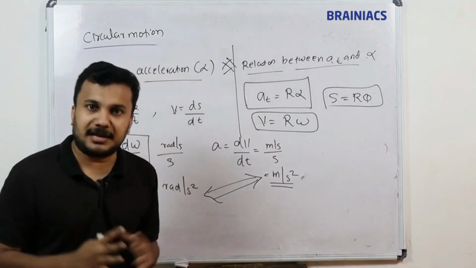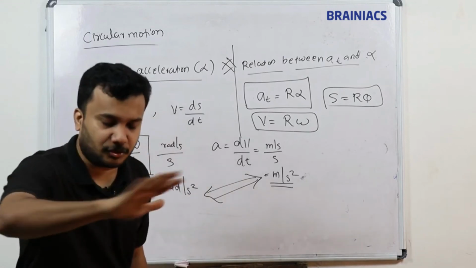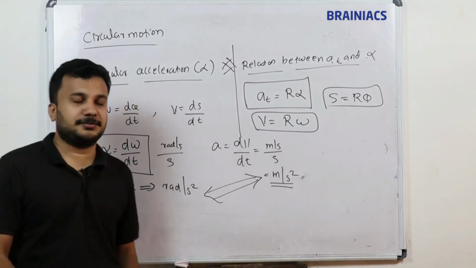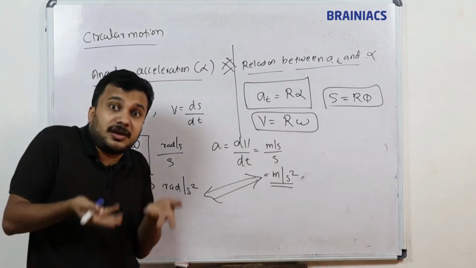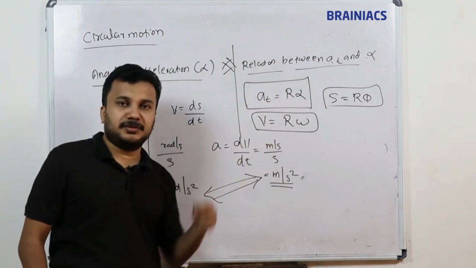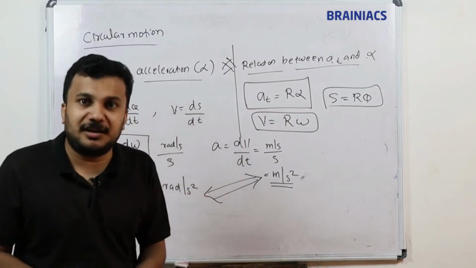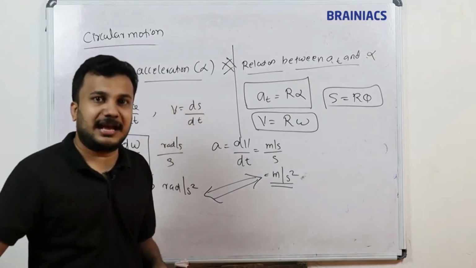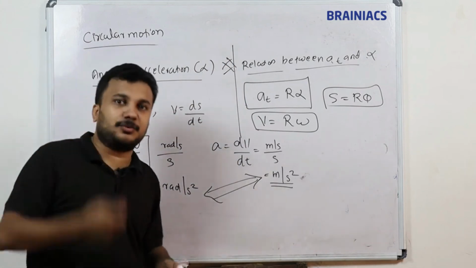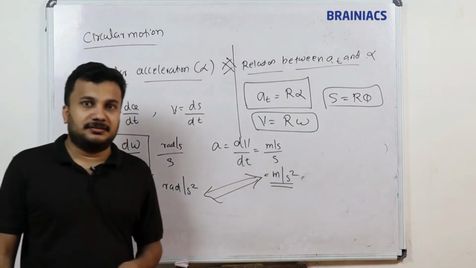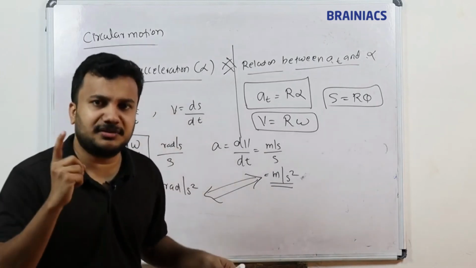AT, acceleration. Specifically tangential, not centripetal. Centripetal is the wrong answer. So AT is equal to R into what acceleration? Circular motion acceleration, that is called alpha. AT and AC are the acceleration components. Alpha is called angular acceleration. Angular means angle, how much it is. Speed keeps increasing like a fan if you are turning the regulator. The angular speed keeps on increasing if you turn the regulator, same way.